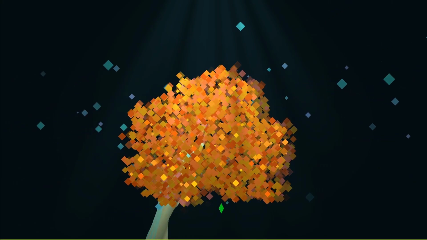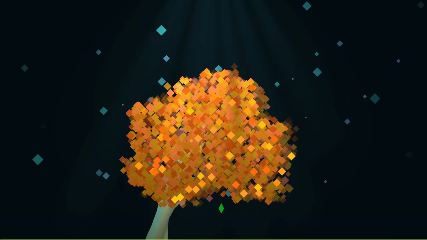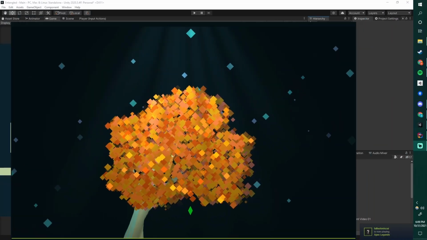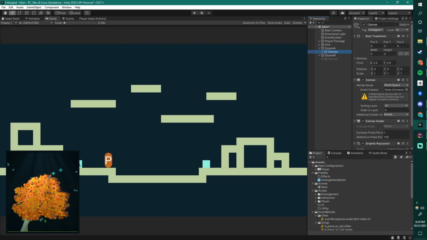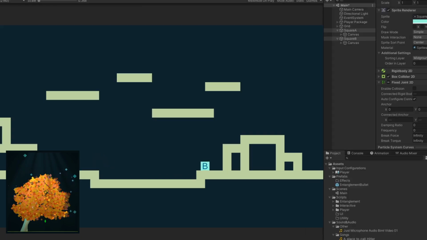Before I go ahead and start on the EntanglementManager class, let's demonstrate that the fixed joint 2D actually works as a solution. So here are two squares. Just like the simulation, I've given them both rigid bodies and a collider, and a fixed joint 2D. I finally set square A's fixed joint to connect to square B's. So as you can see, I can now